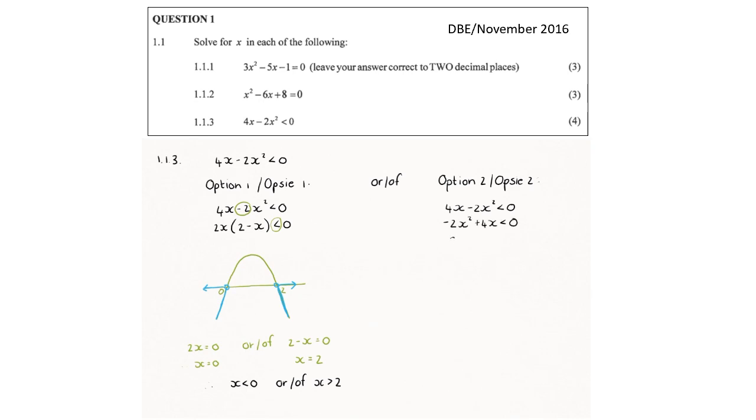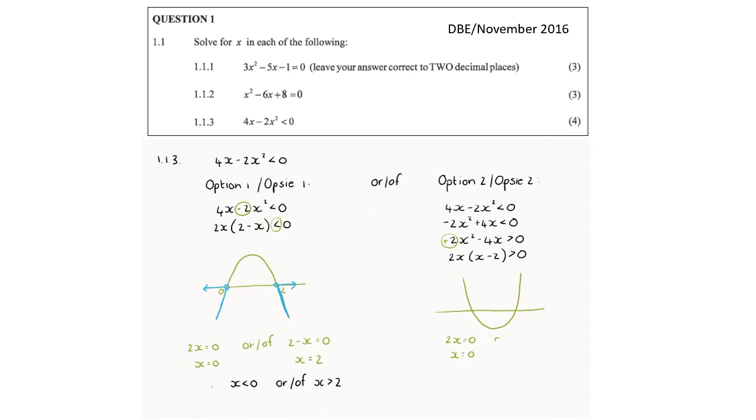And if we divide all the terms by a negative, the inequality is going to flip, and this will become 2x squared minus 4x greater than 0. And now we factorize the left-hand side, and that gives us 2x times (x minus 2) greater than 0. And now we need to draw a sketch, but in this inequality, the coefficient of x squared is positive. So if we draw the parabola now, it's going to have a minimum value, or it's going to be open upwards. And now we also need to determine the critical points.